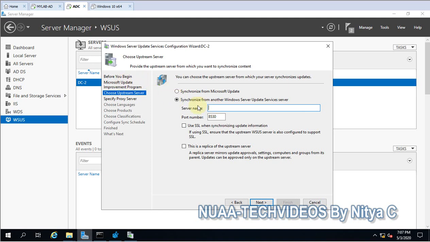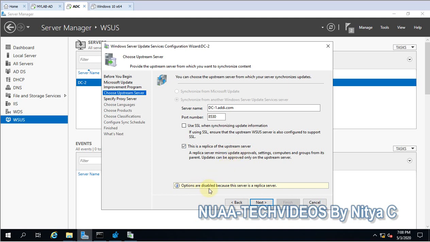So in our case, that is another server, so you have to specify the name, and in our case the mainstream server, that is dc-1.ad.com, and port 8530 is okay, and this is a replica of the upstream server.